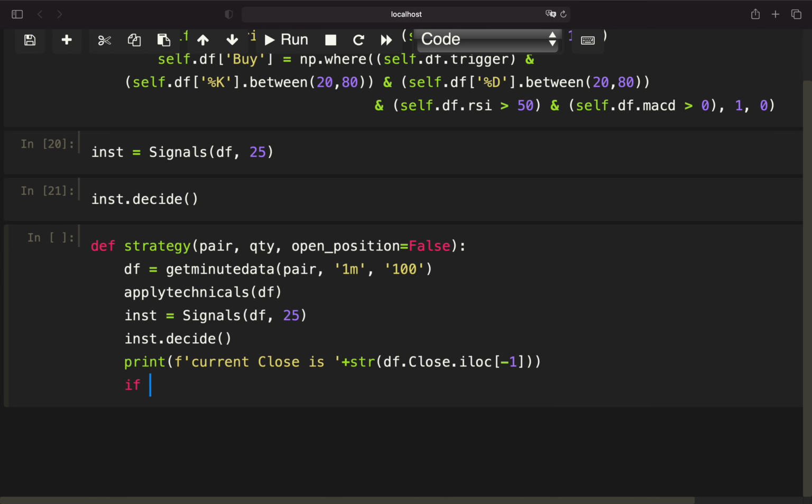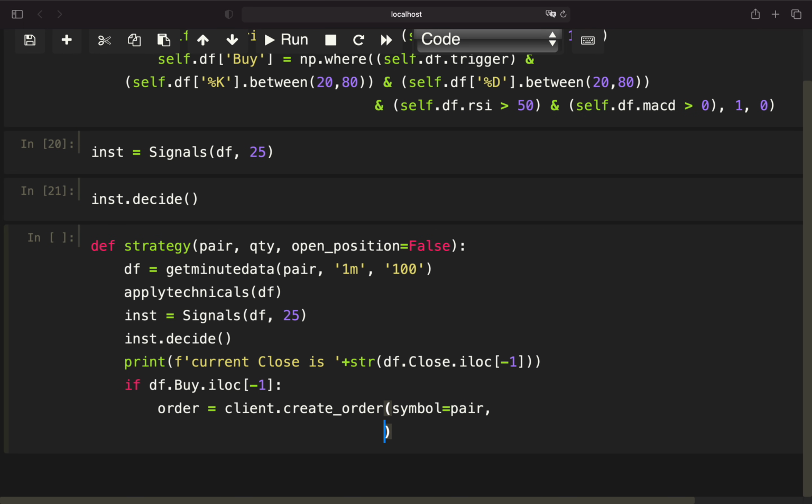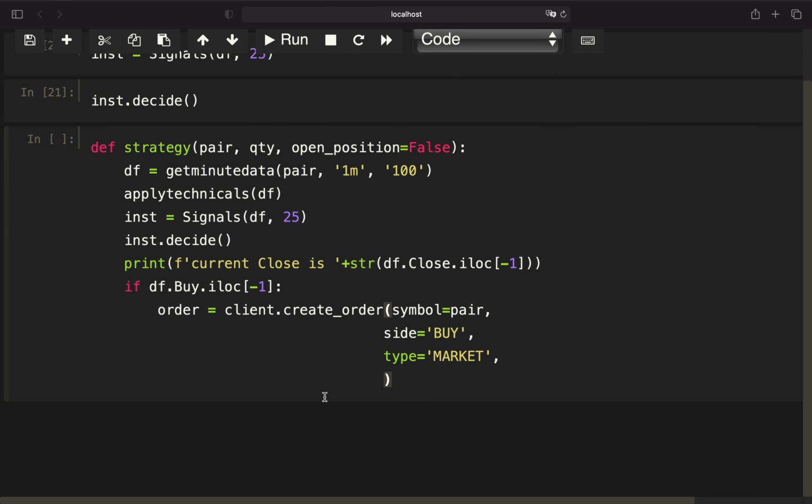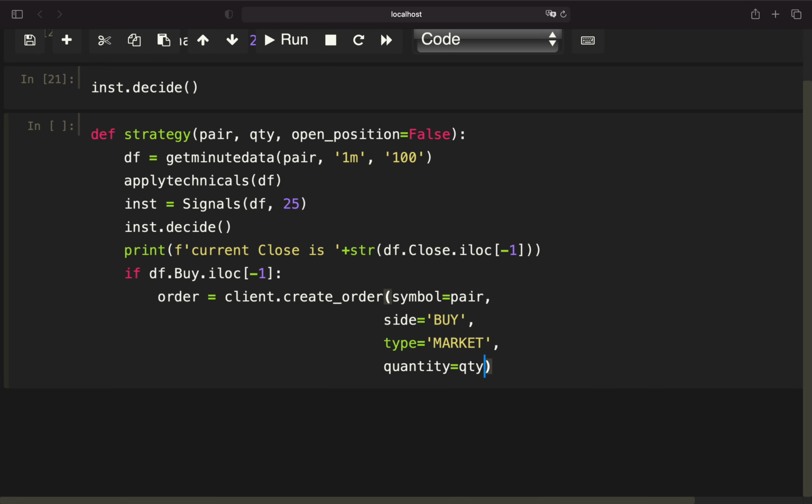And after that, we are defining if we have a buying signal in our very last row. So this is the most recent price. Then we want to buy the asset, right? So we are defining the order, client, create order, provide the pair as the symbol, the side as buy, the type as a market order, and the quantity as quantity. Right, and with that we want to have a feedback, so we are just printing out the order